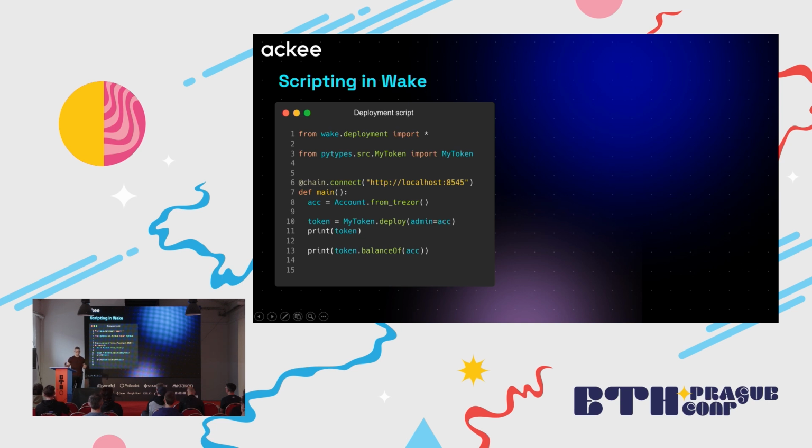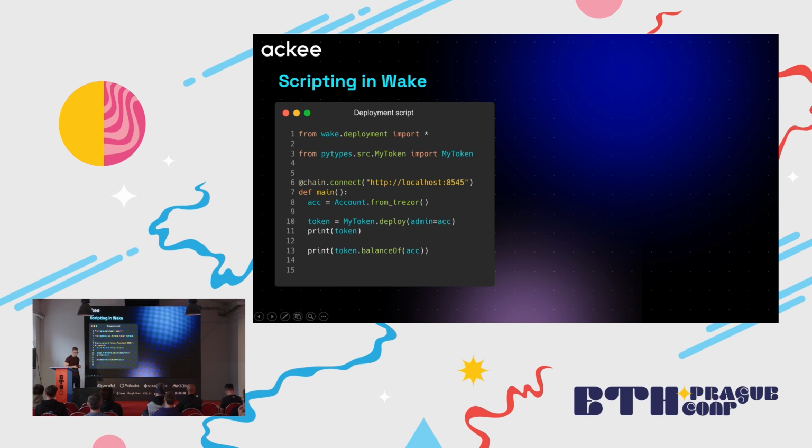It's all highlighted because there's typing support, and it's also easy to fix it and use auto-completions to write the code easier. And it actually also helps AI agents to fill in the code because they know Python and they can look into the PyTypes, so it's also more efficient to write scripts like these.